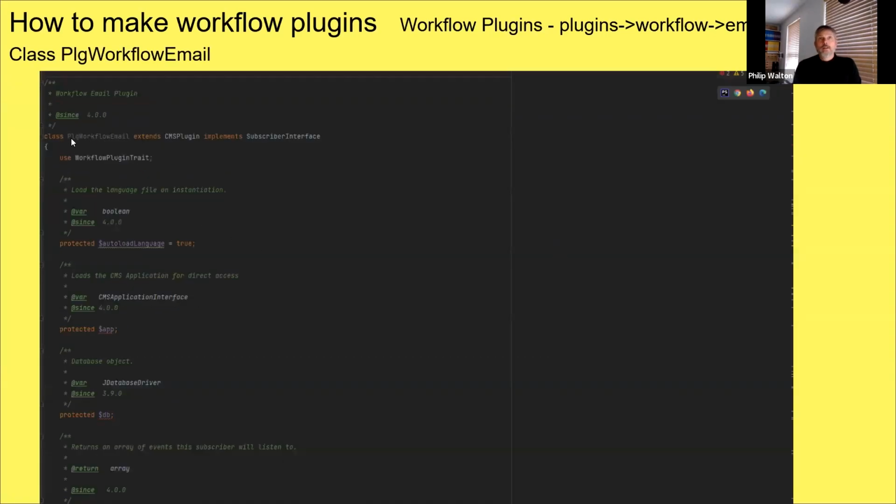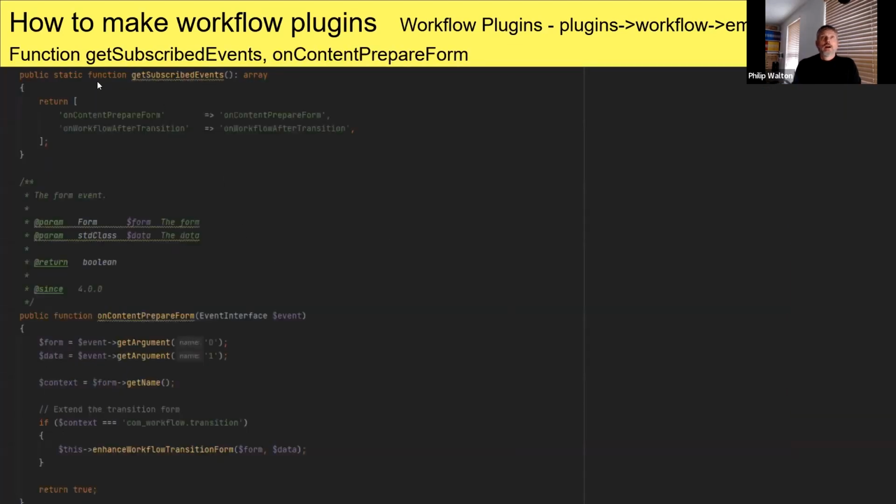And so we've had to give our class a name, and so we call it plugin. It's always going to be PLG and then workflow, because it's a workflow plugin, and then the name that you decided to call your file, and the name and the main class will have the same name. That's the usual convention. And so once you've set that up, various things are brought in here. So workflow plugin traits brings traits, auto loading, so auto loading all the bits and bobs, app and database, so you can use the database in the app.